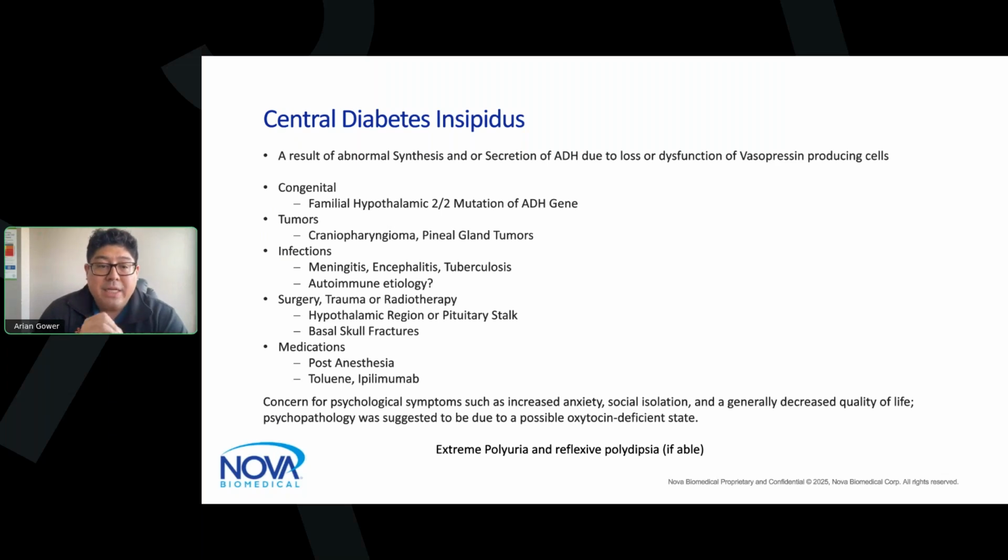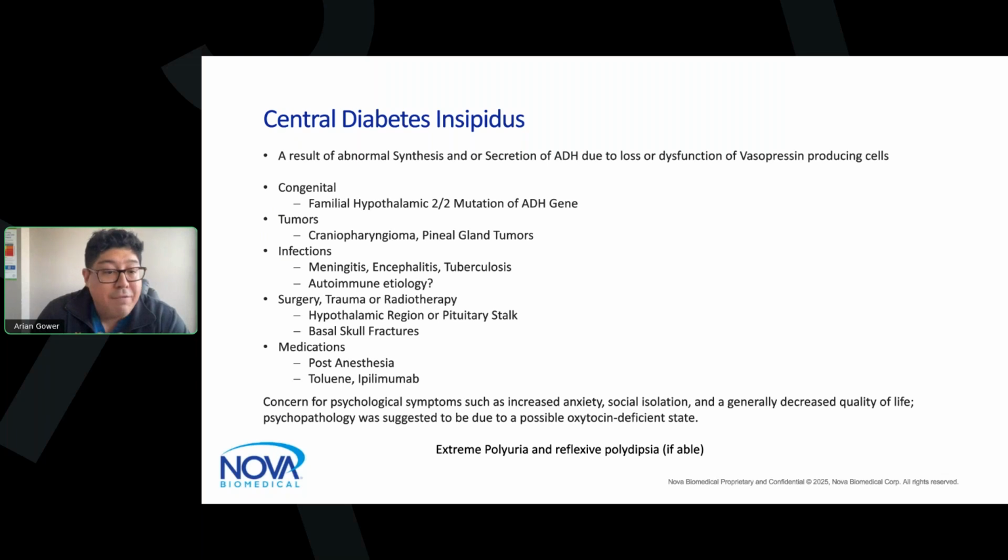So as we've discussed, in the case of central diabetes insipidus, there is abnormal synthesis or secretion of antidiuretic hormone due to loss or dysfunction of the vasopressin producing cells. There are a couple of etiologies that can cause this abnormality. So we have these congenital issues such as familial hypothalamic dysfunction from a mutation in the ADH or antidiuretic hormone gene, tumors like